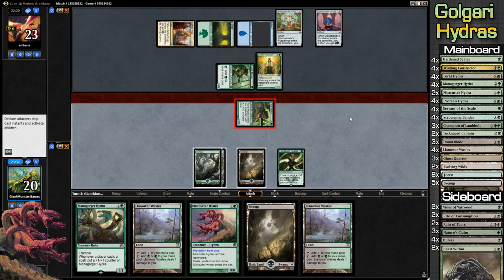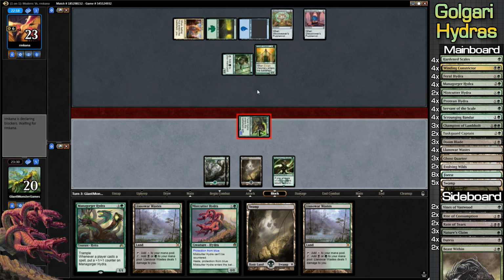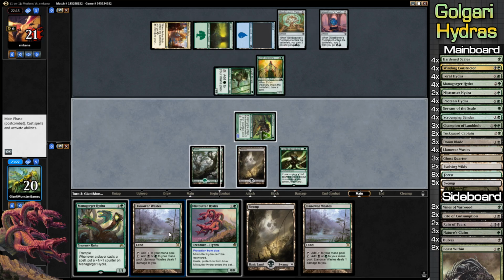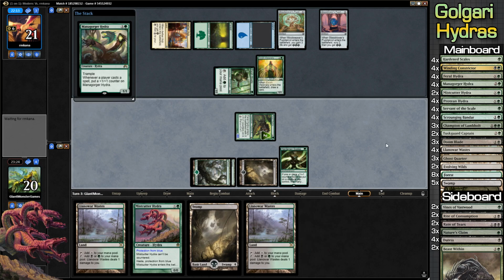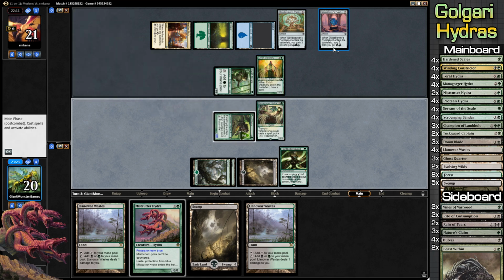I'm assuming he doesn't have much to say about it, because there really isn't a whole lot to say about Feral Hydra swinging in, because he either chump blocks for 1 or takes 2, which neither are really going to be game changer at this point. And then we're going to play Managorger Hydra, and see what our opponent has to play, because I don't think he just flickers the creatures. I think he actually maybe...